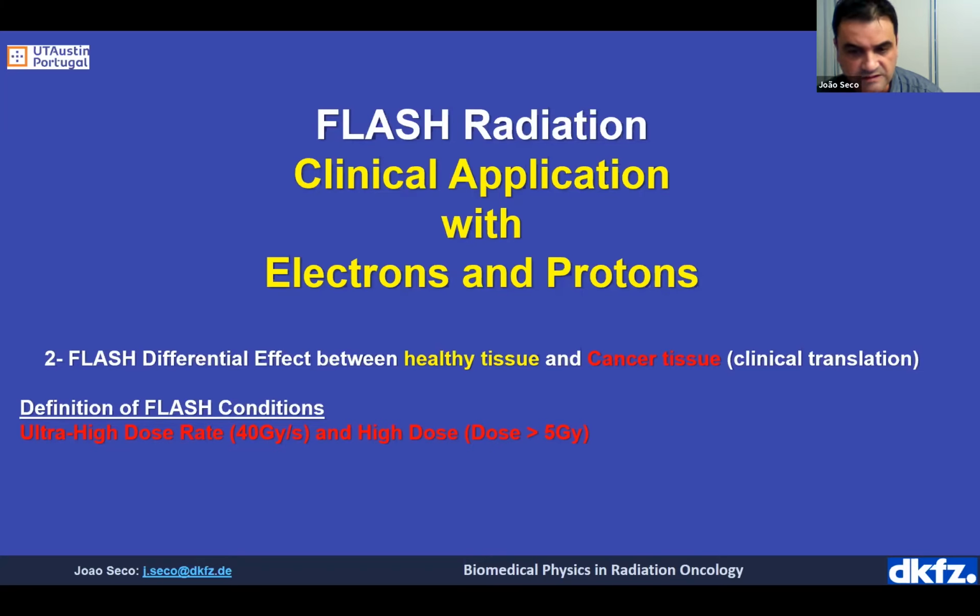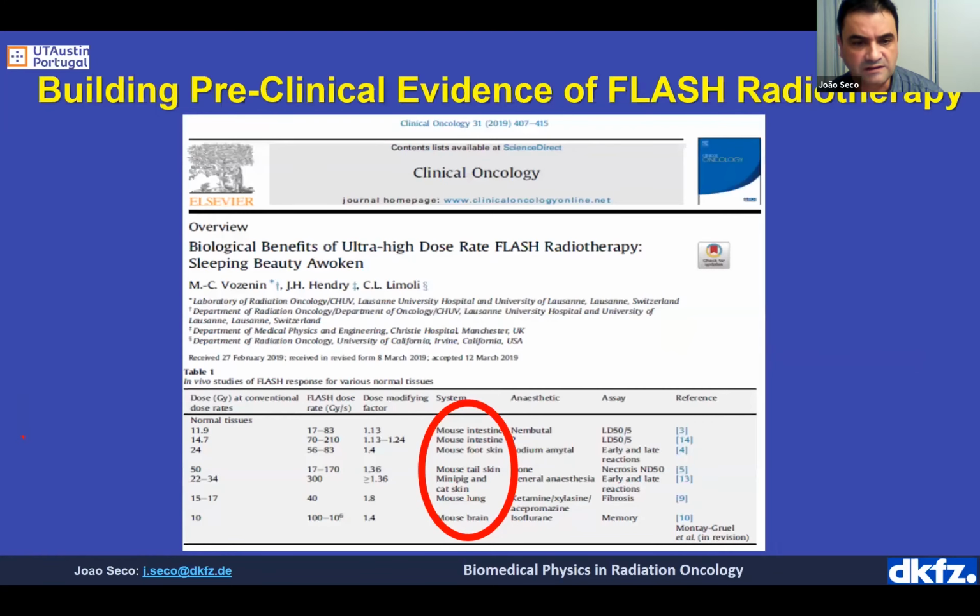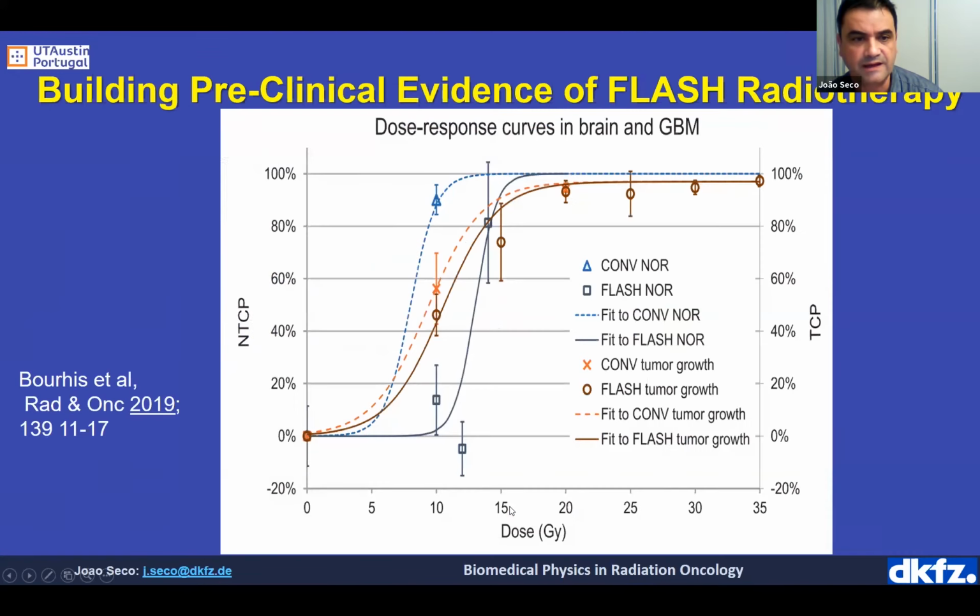So there have been two centers that have used flash in clinical applications, and they've all centered around this initial animal study. So Marie-Catherine Vozenin and others have investigated animals with flash. They published a review paper where they showed all the animal studies for a variety of regimes, and that eventually led to the use of flash for a skin cancer. And in one of the papers published by Jean Bourhis in his study in Radiotherapy and Oncology